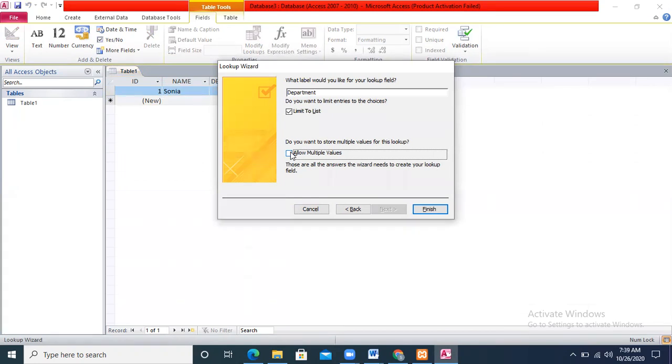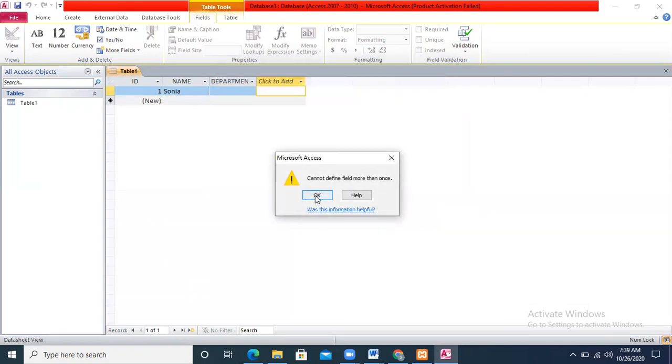One student at a time can just take one department. If this were the course entity, then it would allow multiple values. For example, a single student can take multiple courses, but a single student cannot take multiple departments at a time. Don't allow multiple values. And then simply finish.